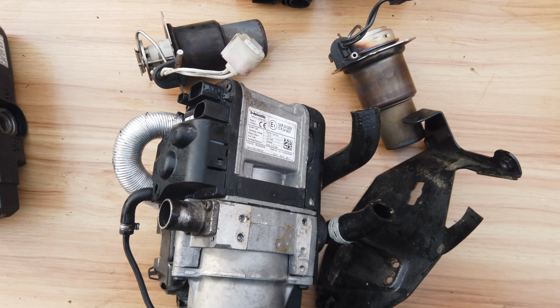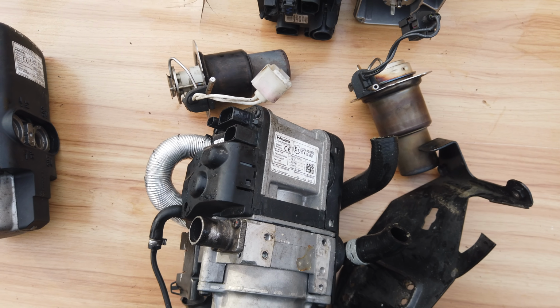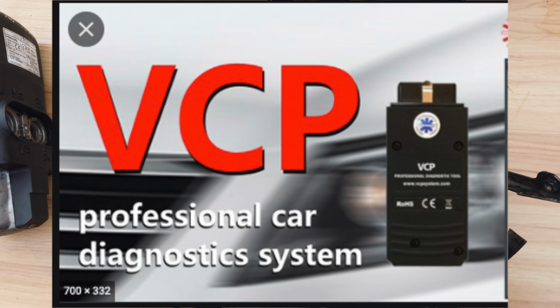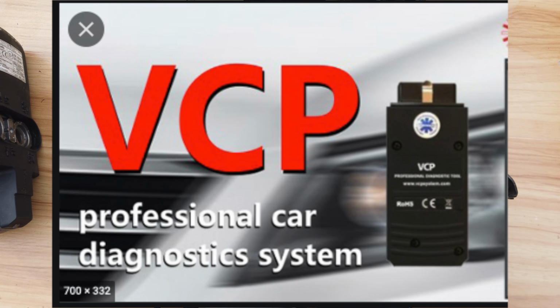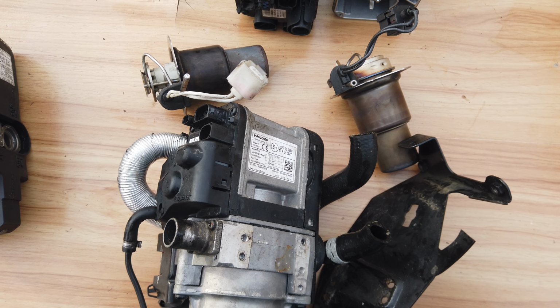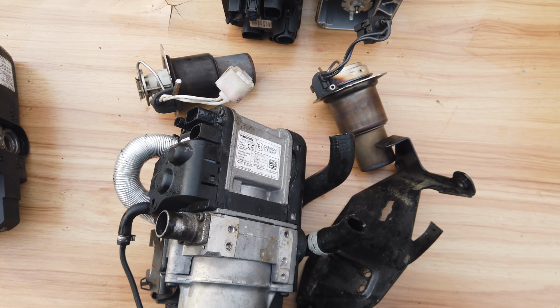And then the second possibility, which is the same principle as the Thermo Top V, is if you have a VW, let's say a VW T6 or T5, you can use the VW diagnostic software to also upgrade your Thermo Top Evo from auxiliary heating to parking heating as well. Okay,